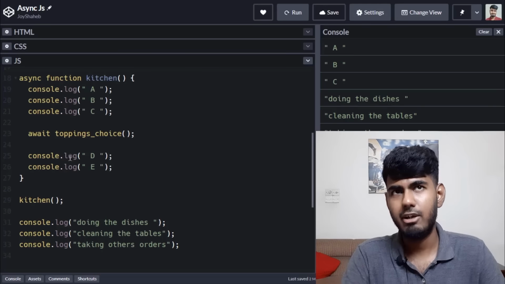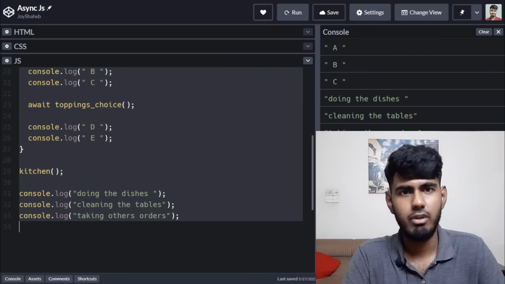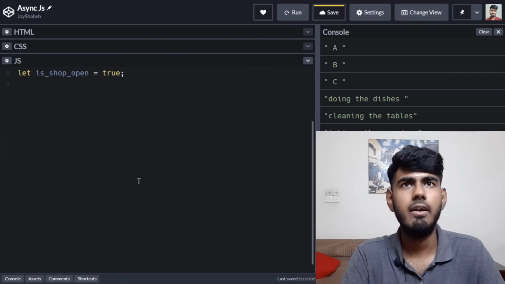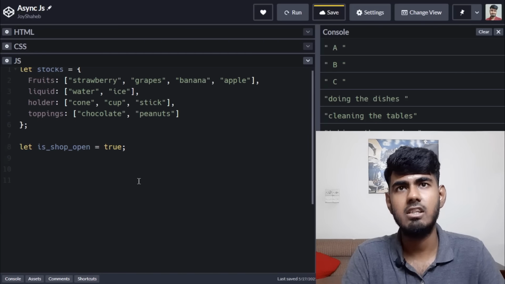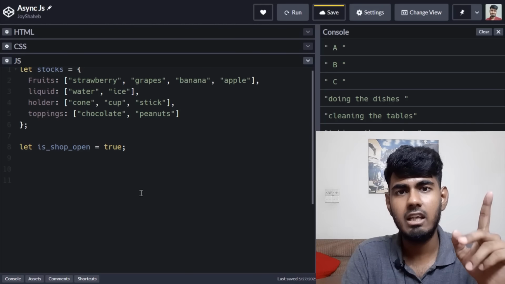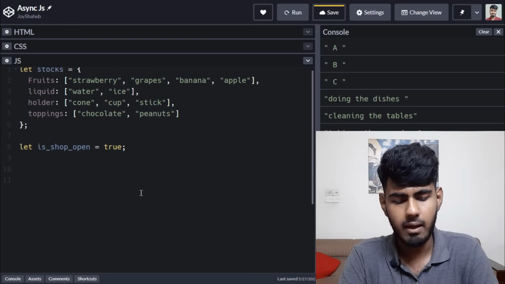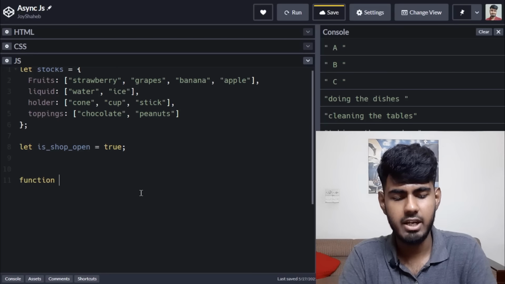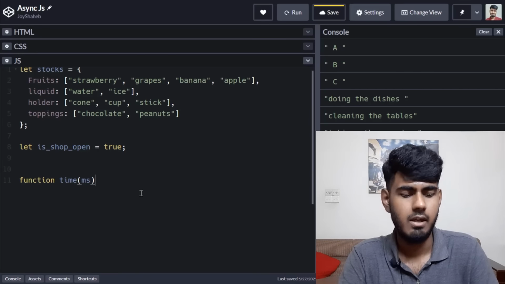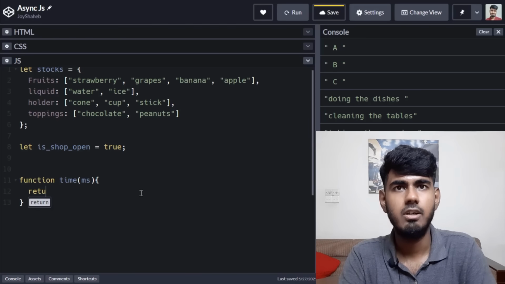Okay, now come back to CodePen, delete everything except this one and this one. Okay, like this. Follow along with me. Delete, goodbye. And over here, what we're going to write is, first of all, a time function, because we need to set the relationship between time and work, right? So you write function time, and write over here ms, which means milliseconds. Okay, curly braces like this. We're going to create a new promise. Okay, return new